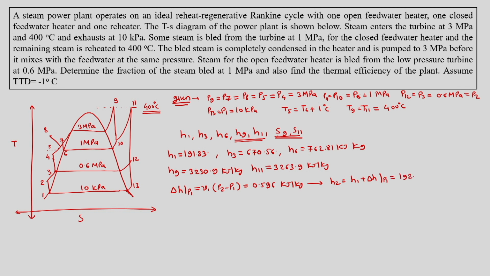and we get H2 is equal to 192.43 kilojoule per kg. Then delta HP2, that is the enthalpy rise by second pump, is equal to specific volume at 3 into P4 minus P3. So considering this, we get it as 2.64 kilojoule per kg. This is helpful to find out H4, which is H3 plus delta HP2, and this gives us H4 as